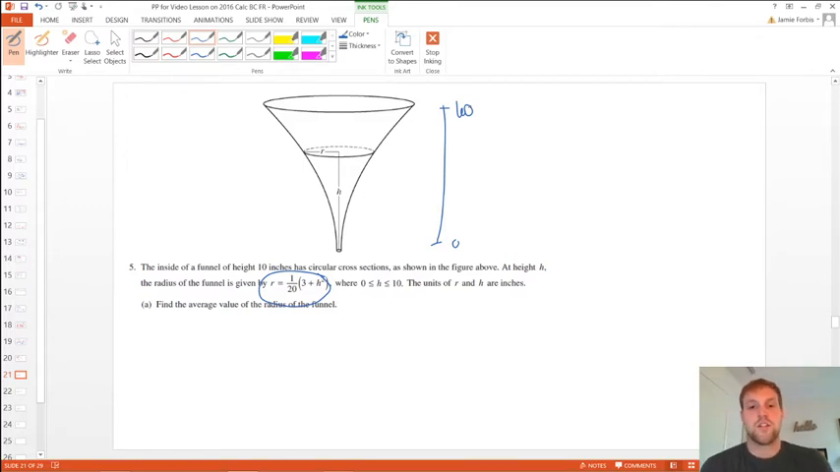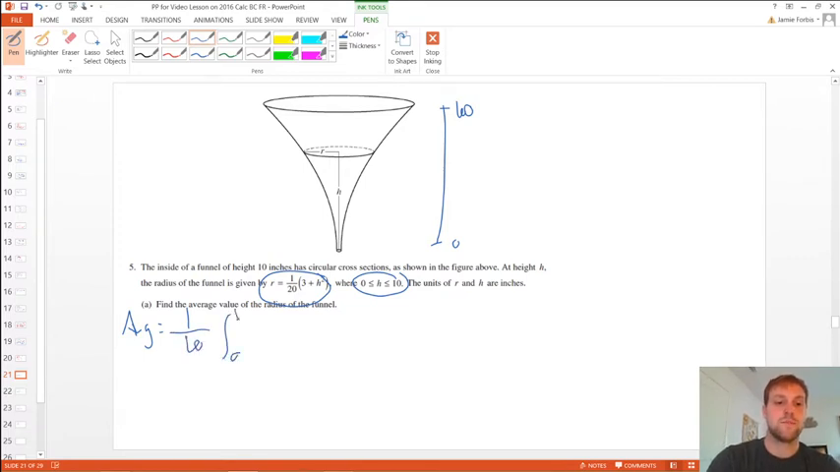So now the units R and H are in inches, and we want to find the average value of the radius of the funnel. So if I want to know the average radius, that's asking for average value. Part A is not bad. Average is equal to 1 over b minus a, which b minus a is 0 to 10, so that's 1 over 10, integral a to b, so 0 to 10, of my function 1/20th 3